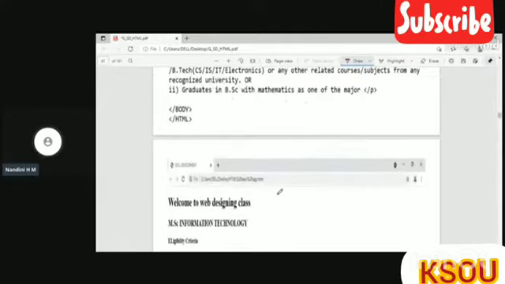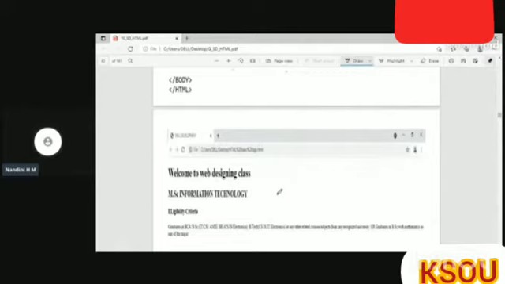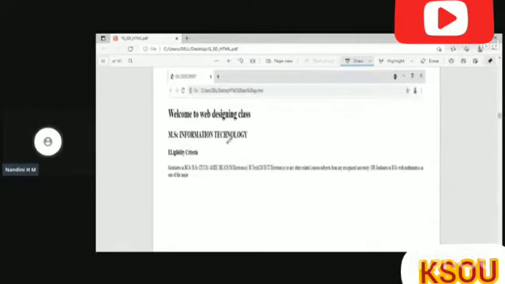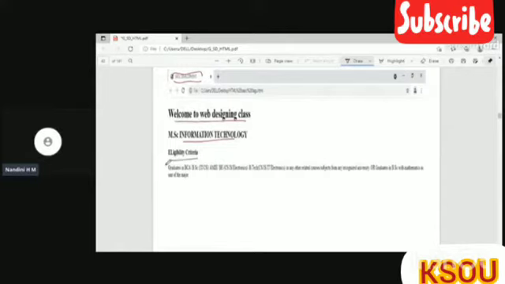So after saving as .html, when I open it in a browser, you can see here in the title bar, I have got Skill Development. And then this is the heading 1, Welcome to Web Designing Class. And this is the header 2 that I have placed. And next is the Eligibility Criteria. So this is the paragraph that I have written.